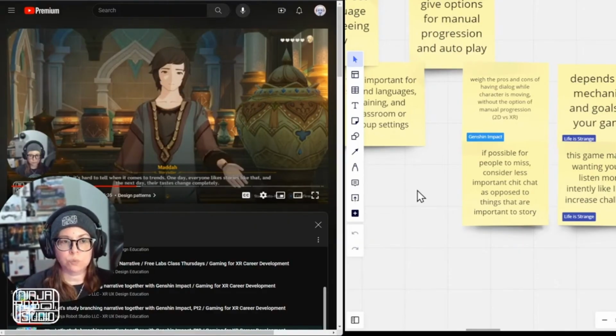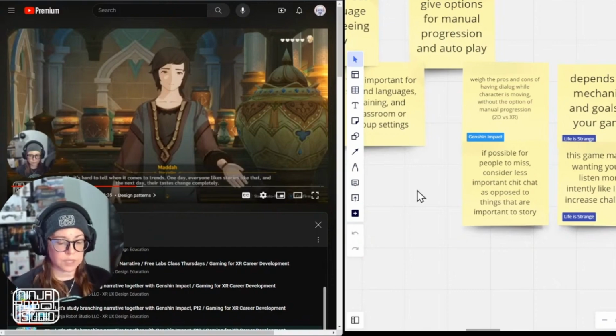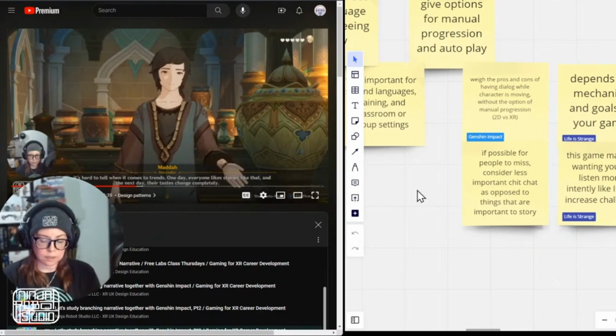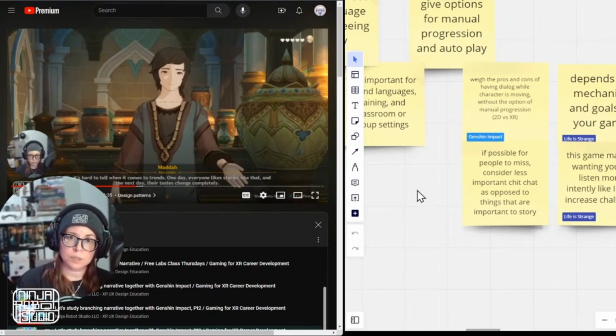You want to weigh the pros and cons of talking while they're moving, because they could miss something really important because they're moving around and they're paying attention to where they're going. They're not paying attention to dialogue. So this is one of the best practices that you want for XR: always have text with your voice. Don't just rely on voice, because they could miss something very important.